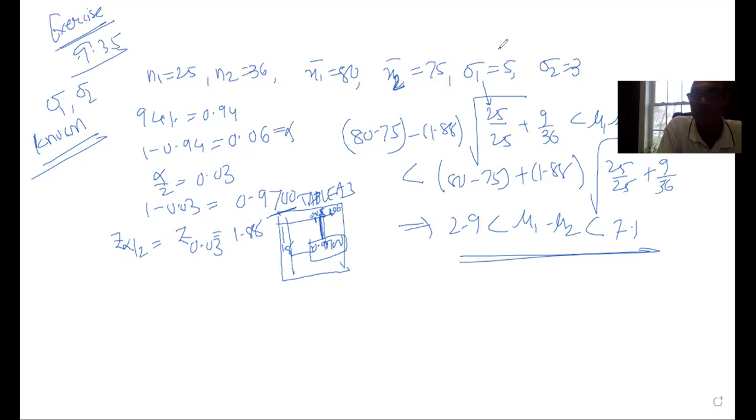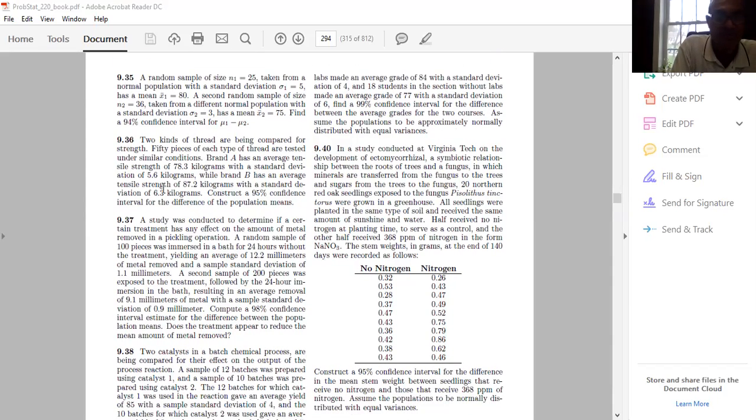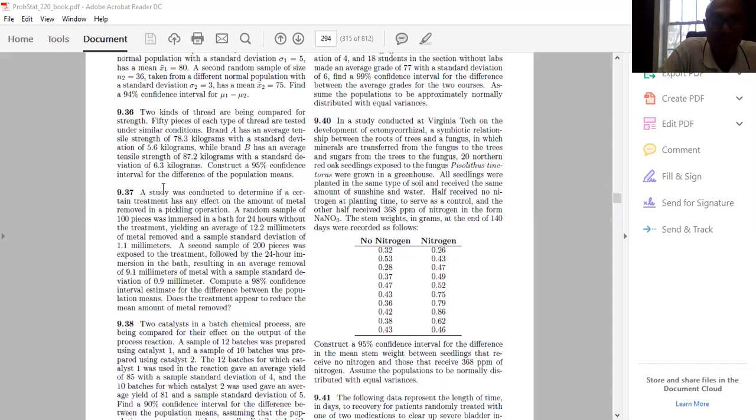So, let me just clear the drawing. Okay, and stop sharing, and let's share a book. So 9 as I told you, 37. A study was conducted to determine if a certain treatment has any effect on the amount of metal removed in a pickling operation. A random sample of 100 pieces were immersed in a bath for 24 hours without the treatment,